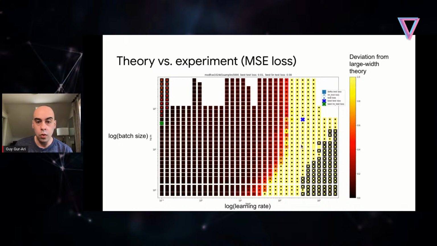Okay, so to understand this, we have to go back to doing some experiments and looking at experimental data that try to probe this question of what happens to the performance as we increase the width. And this is a plot showing a set of experiments. The x-axis here is the learning rate, and the y-axis is the batch size. And every point on this plot is an experiment where we train a network using this learning rate and batch size.